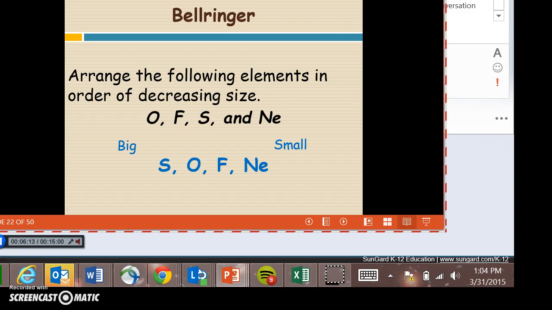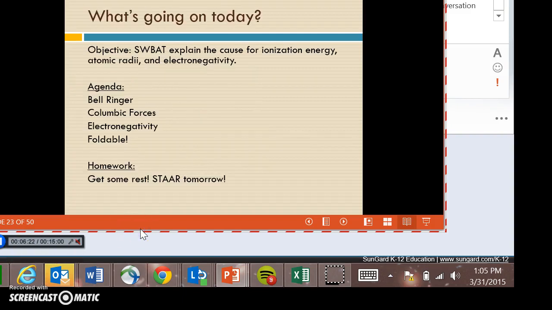All right, you should be looking at a POGIL activity on Coulombic forces. Coulombic forces are something I used to teach with PowerPoints and guided notes and all that stuff. But now what I'd rather do is a POGIL activity where you guys discuss and talk your way through Coulombic forces. Coulombic forces are what explain the different trends that we're seeing in the periodic table. So it's a very good thing to understand and reference when you're writing about these things. The last 20 minutes of class, we're going to go over electronegativity, and we're going to make a small foldable